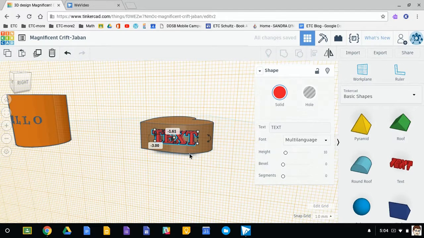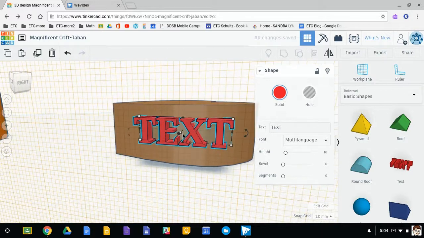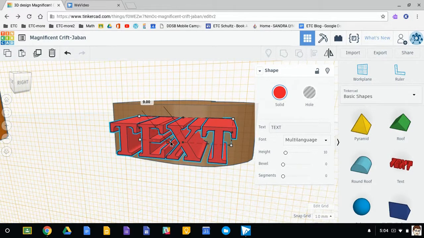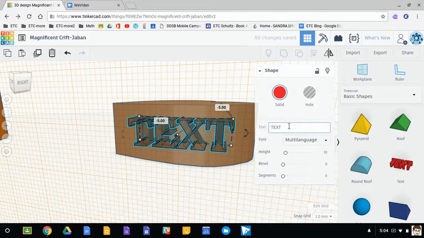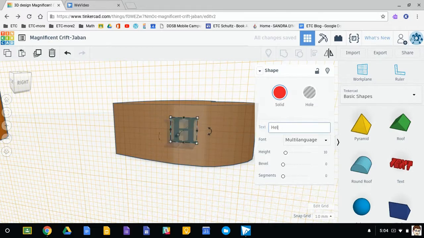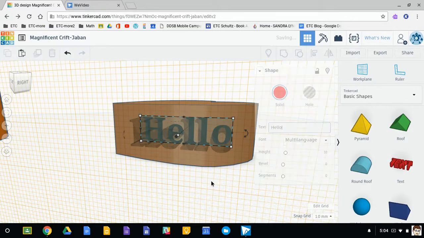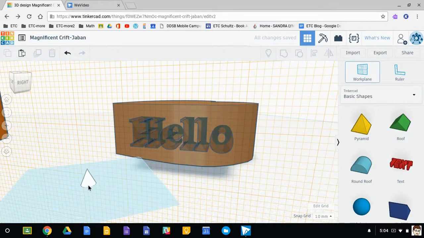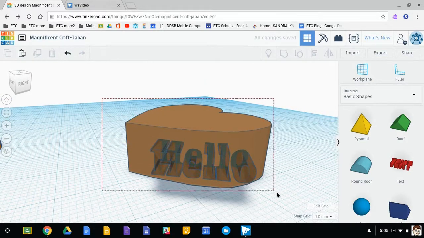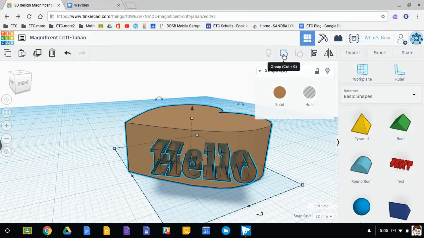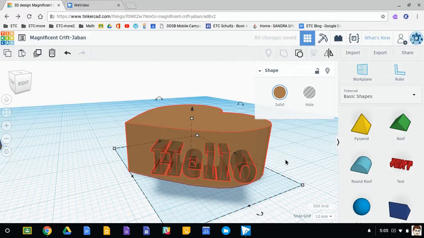And like last time, I'm going to make it extra thick. I'm going to zoom in here and make it extra thick. And then I'm going to push that into the object. And if we are trying to hollow it out, I'll make that a hole and I sink it in. And I can change the text to whatever we want. Again, if we wanted hello, there it is. I can go back to the original work plane. And now I can group this object together, and there we go. And it hollows out the word hello